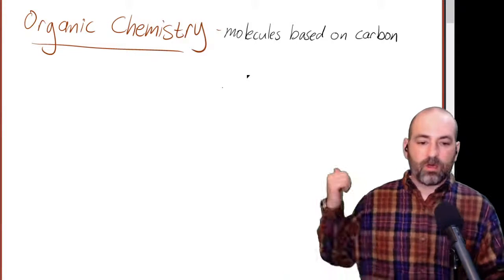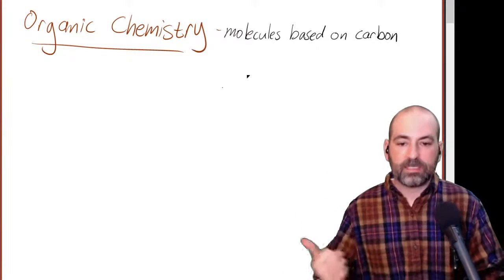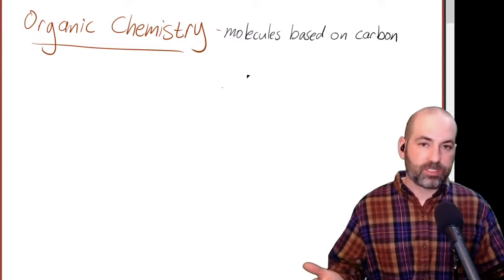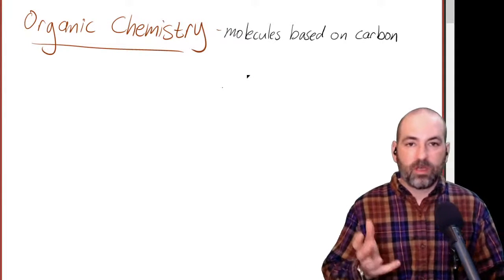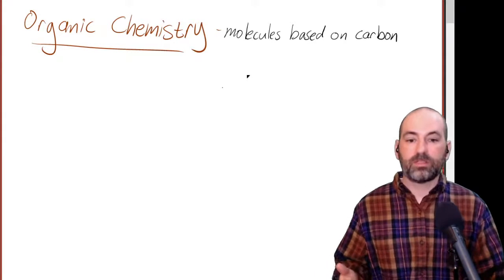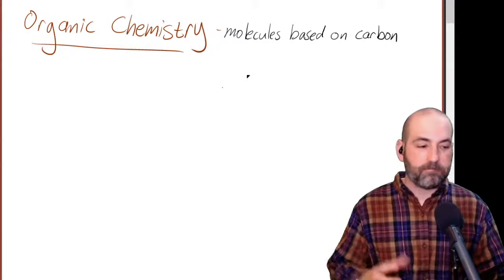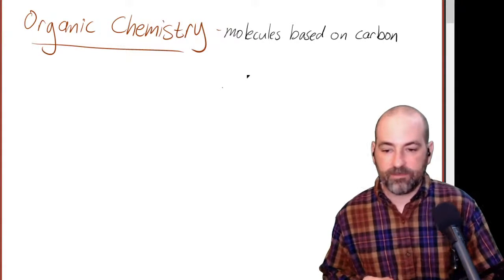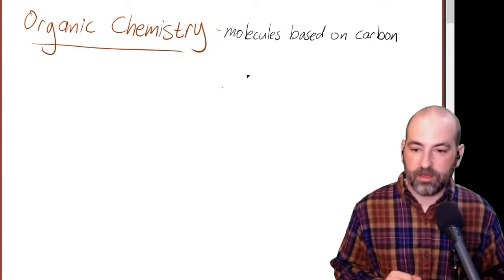All right. So organic chemistry. As I said, there's no handout for this chapter, and the reason for that is this is all about drawing stuff. We're going to be drawing structures and drawing things in a little bit different ways from the Lewis structures that we've already done. So grab yourself a piece of paper and something to write with so you can follow along here and practice drawing some of the stuff that we're going to draw together.